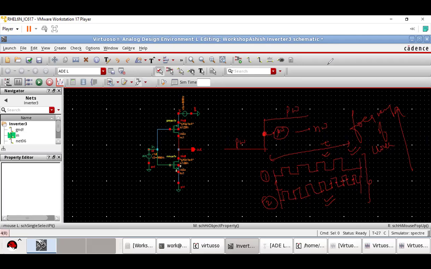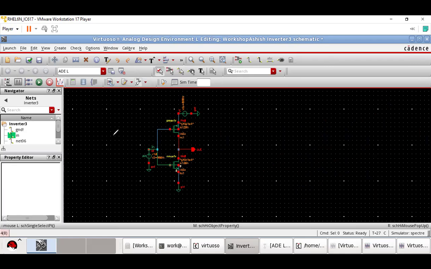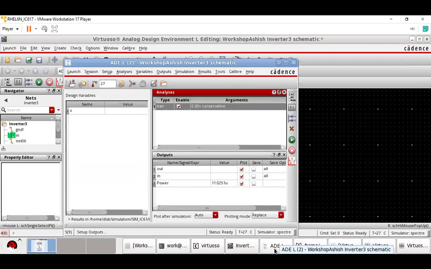Let us see how. What is the definition of frequency? Anyone? What is the definition of frequency? Number of cycles in 1 second. Number of cycles per second. Now you see that